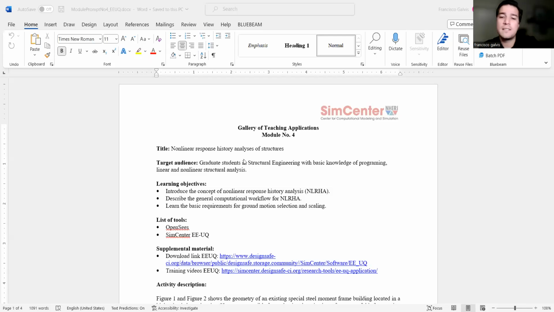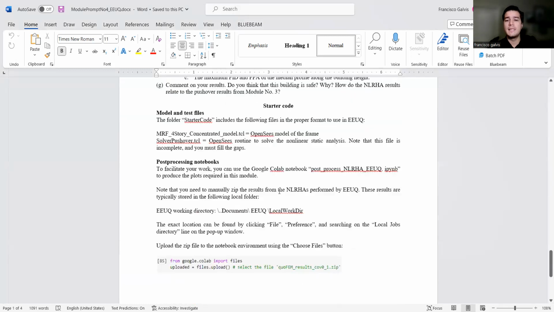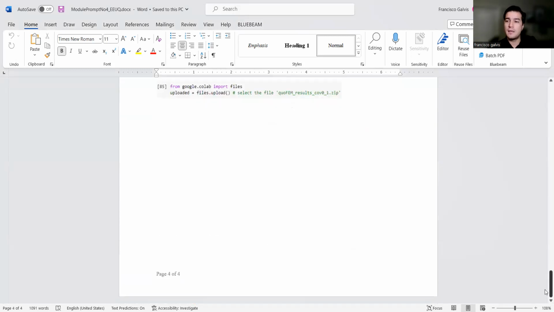All right. Now, in this case, module 4, we are going to exercise the nonlinear response history analysis of structures using EEUQ. To do this, let's start by just walking through the module, this file that kind of describes step by step